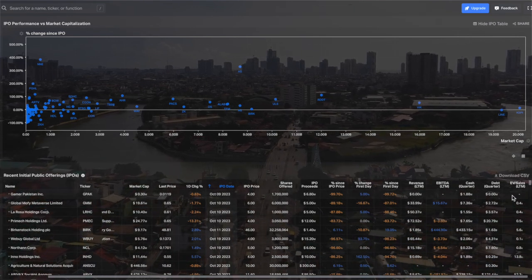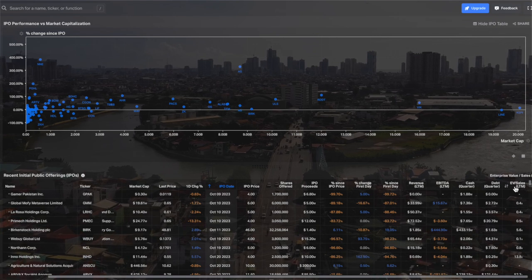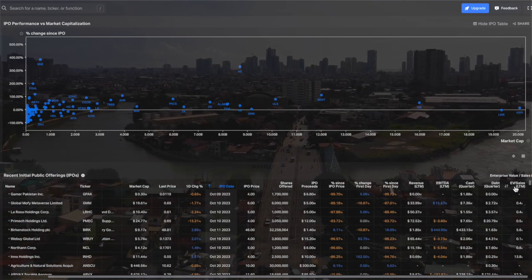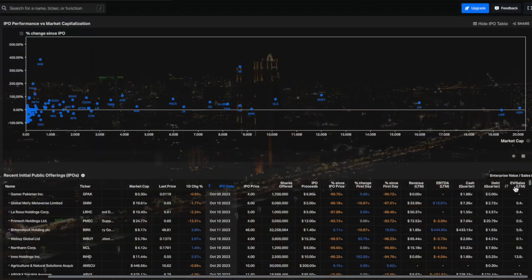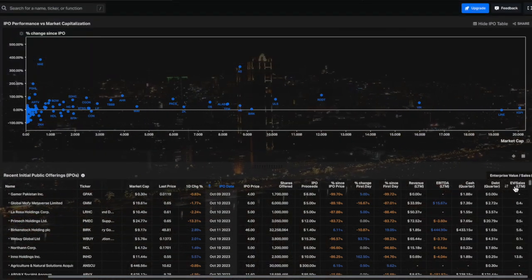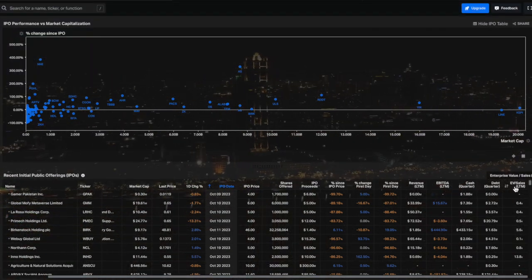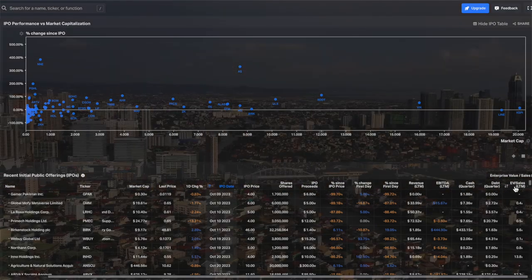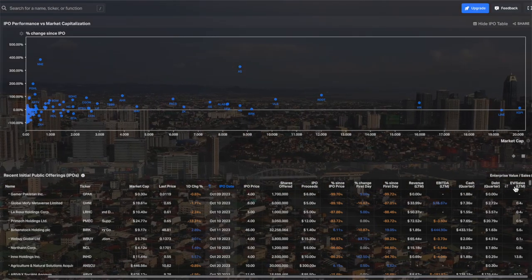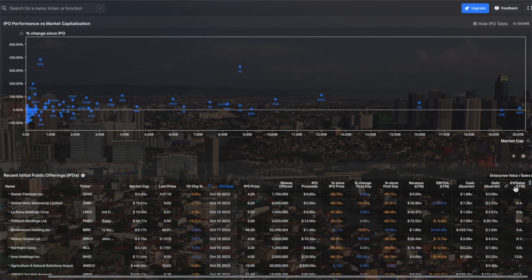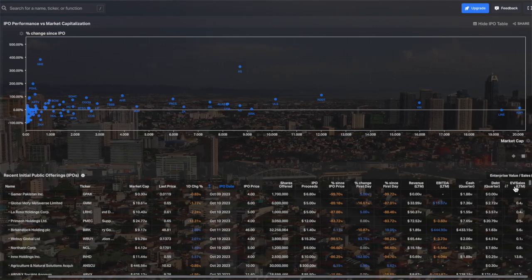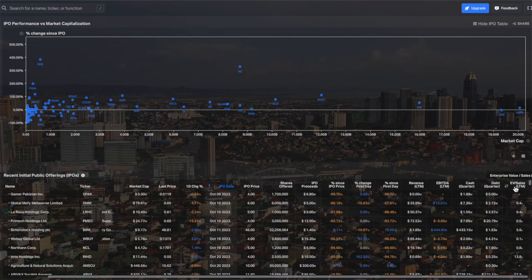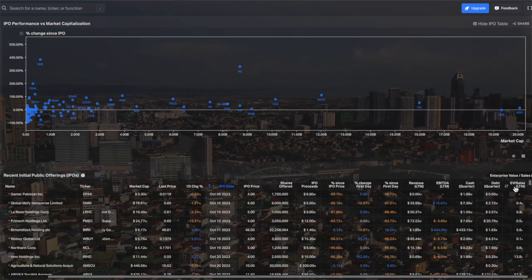And it's funny they use the EV to sales, so the enterprise value divided by sales, because it's an alternative to the PE ratio, really, the price per earnings. And it's obvious why they don't use the PE ratio, because to have a positive PE ratio, you have to have EPS, you have to have profits in your company. And obviously, most of the IPOs we've seen recently don't have any profits and sometimes don't even have revenue.